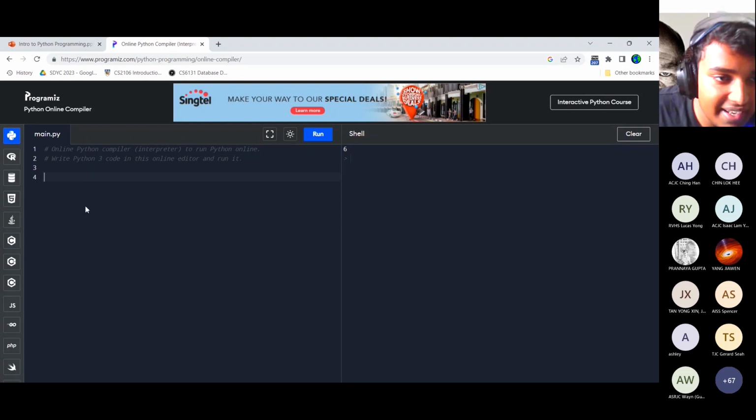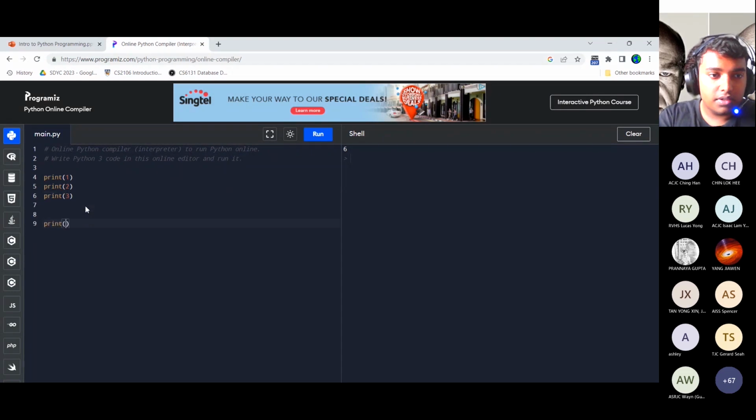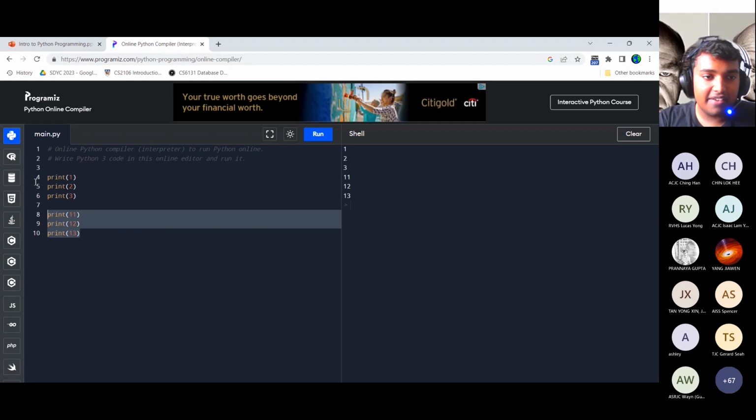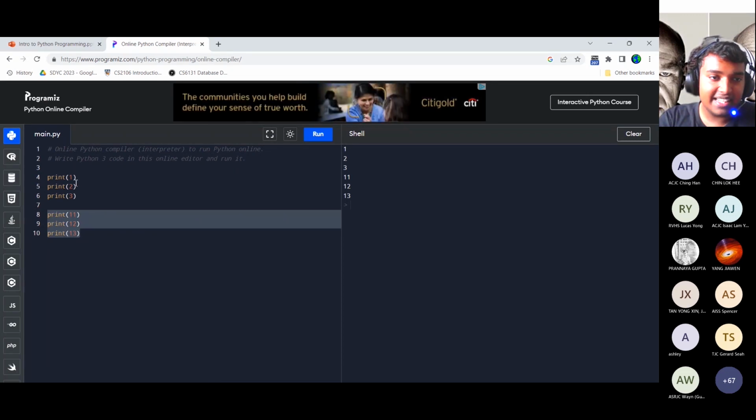So for example, if I want to print a number and the next two numbers of it, so print 2, print 3, right? And then for the number 11, I want to print the next two numbers as well. If I keep having the need to print these things, I could store it in something